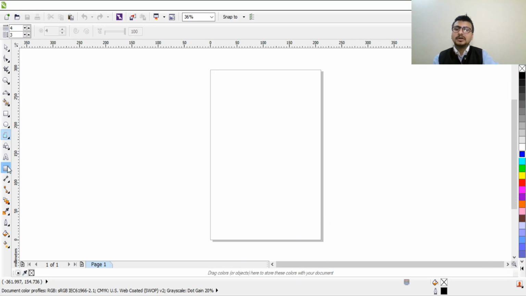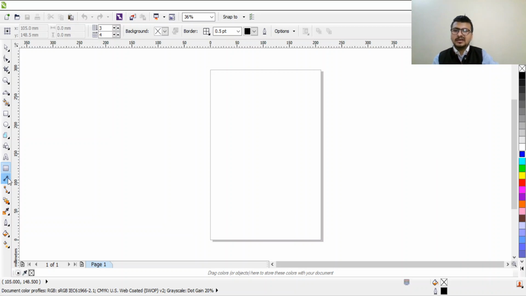Next is table tool. Table tool is basically used to draw a table in the format R into C. R means rows and C is columns. You can define n number of columns and rows if you're designing a calendar from the software. If you're creating an infographic, which has a combination of rows and columns or some data, you have to create a tabulation. So you are creating this through this tool.